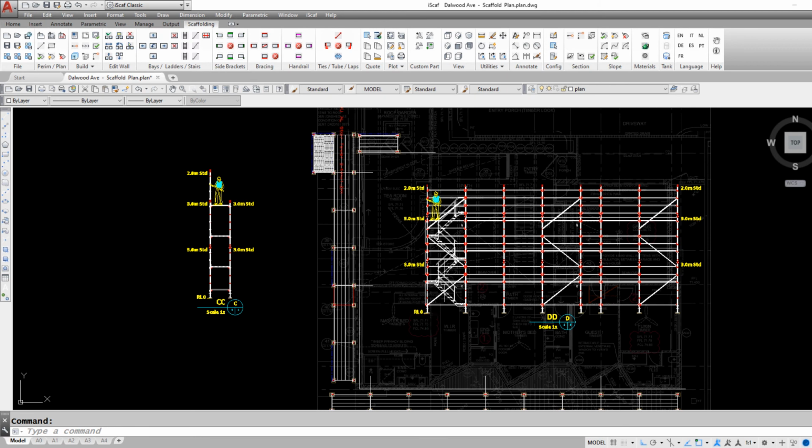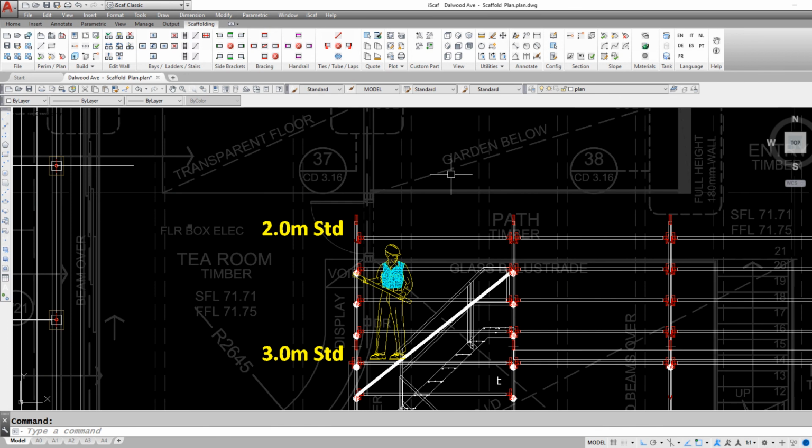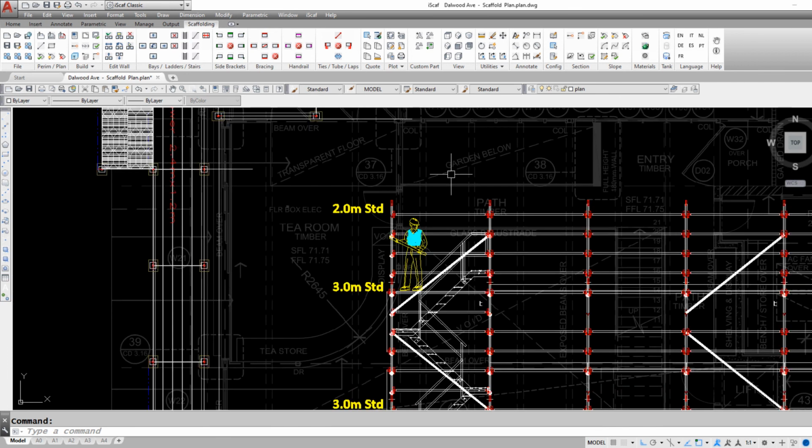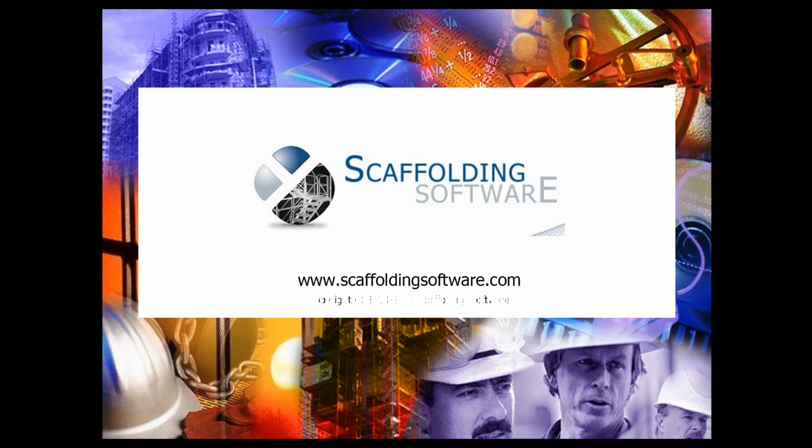We can zoom in to look at more detail at the stair unit on our face section. If your drawing is not in 3D and still at the plan stage, then there is a different method to create sections. So that's how we can easily draw detailed sections after you have an iSCAF 3D drawing.